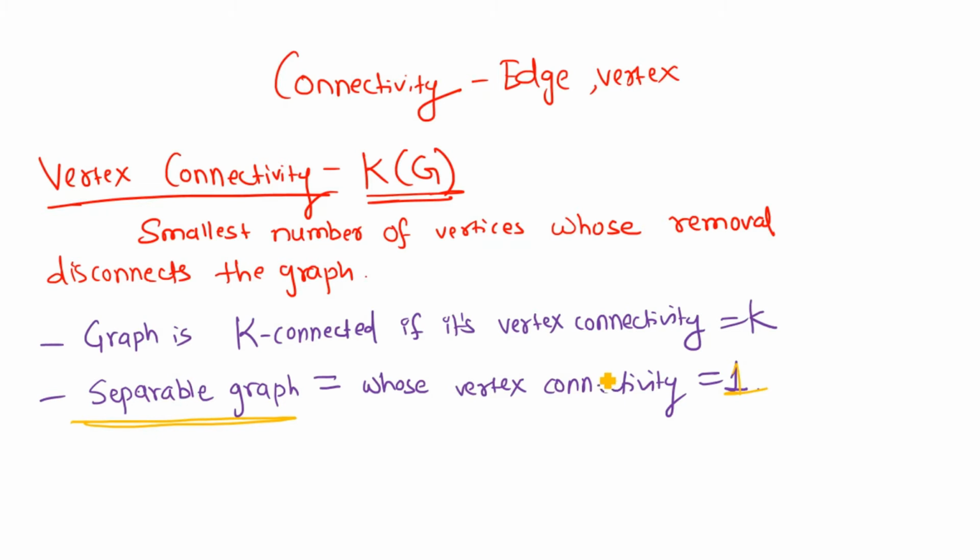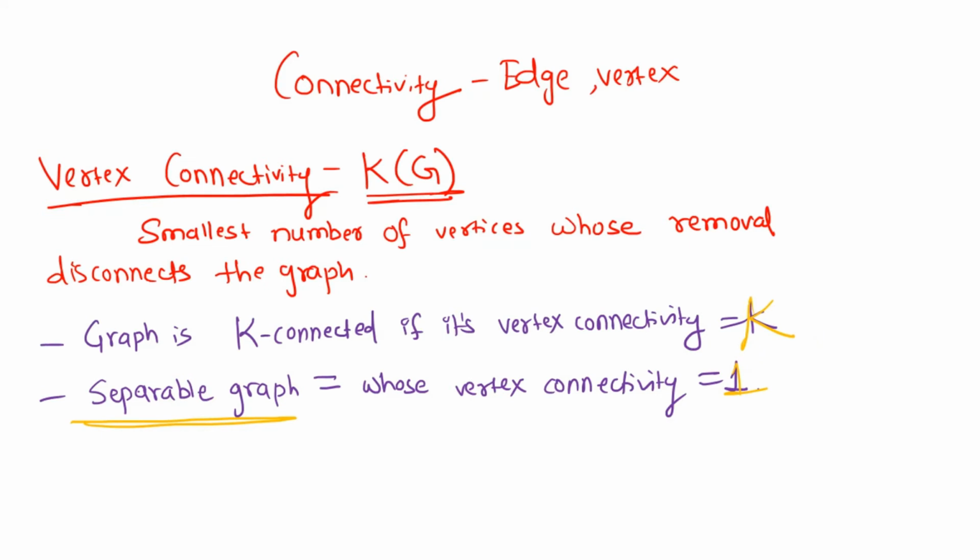And if you have tried all the possibilities, and only after removing k vertices does your graph get disconnected into two or more portions, then that is called a k-connected graph. For example, if from the 7 vertices of the graph I remove 3 vertices, and only then does my graph get disconnected into two portions, then that vertex connectivity is called a 3-connected graph.